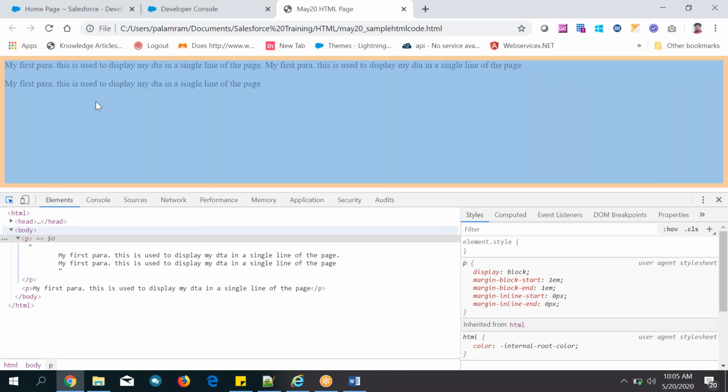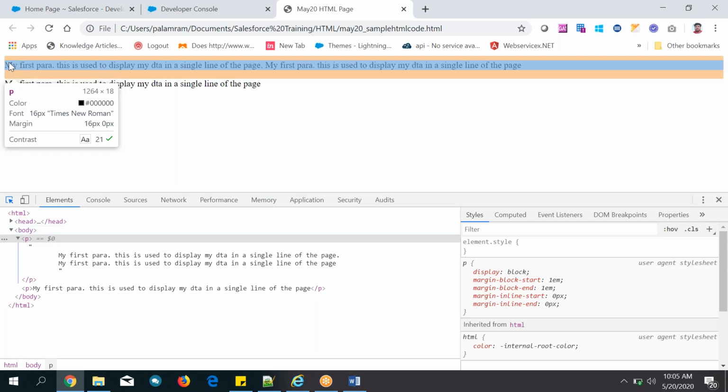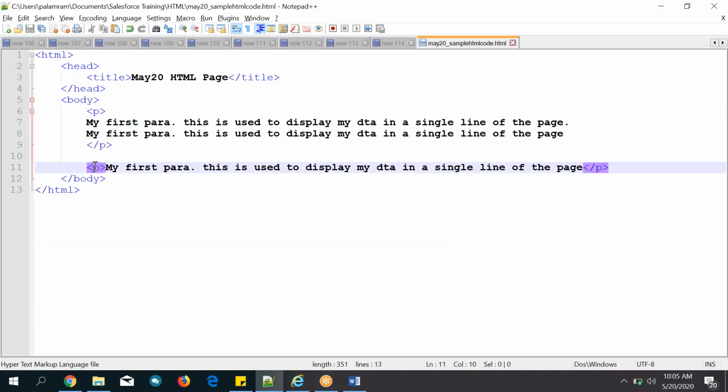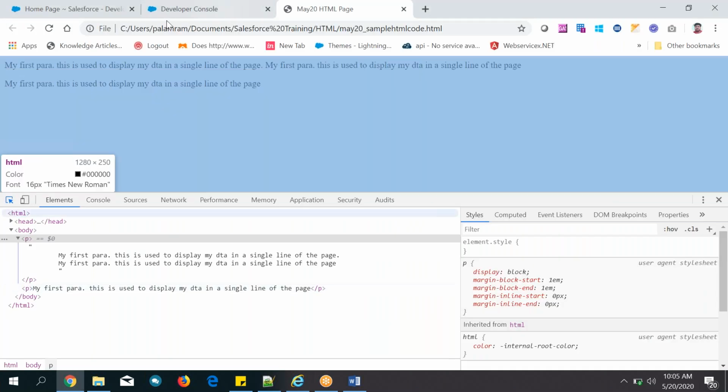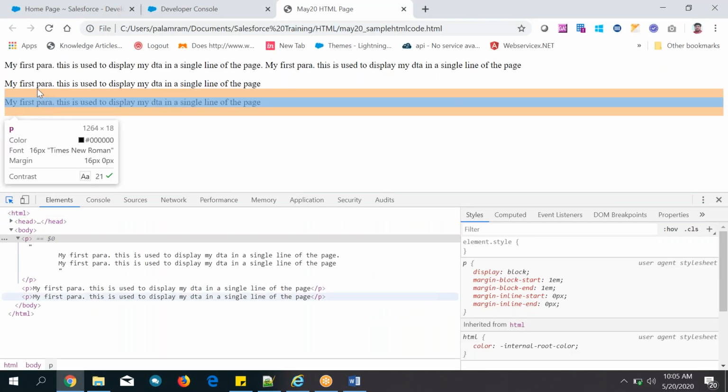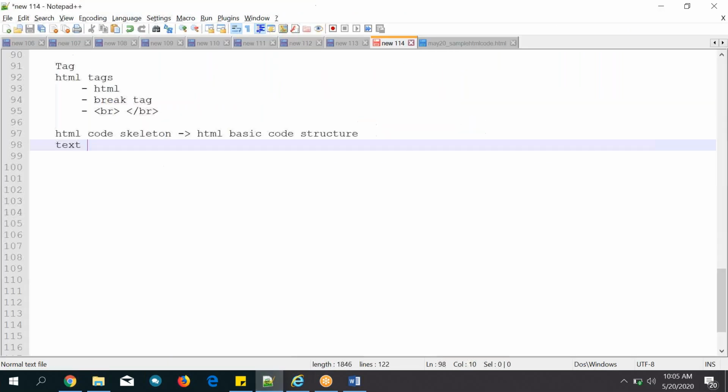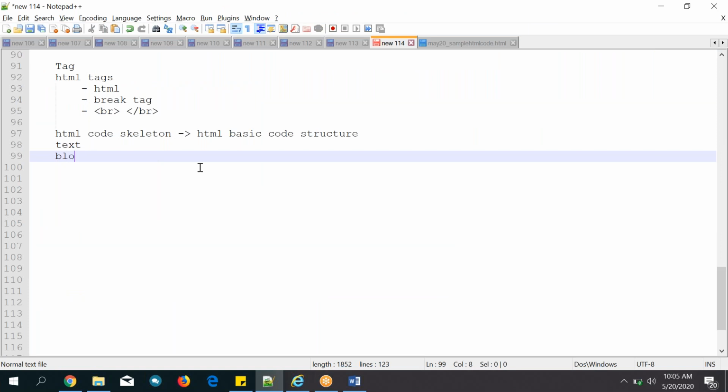That is the design of the paragraph. If you think about a paragraph, you can imagine it like this: if I write a paragraph, it will be like this. Each paragraph will occupy like that only. Three paragraphs I have written, and you can see some gap again, one gap like that for each paragraph. From left to right it will take that space. That's called one block. Names are very important.